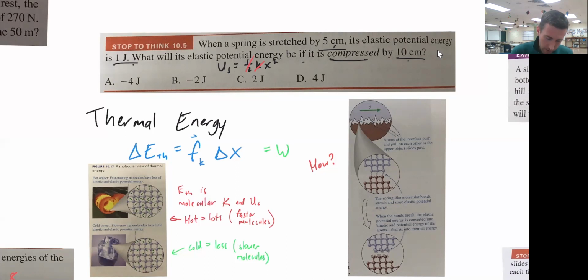It started with 1 joule, which was proportional to x squared, 5 squared. And now if I go to 10, 10 is twice 5. So that went times 2. So times 2 squared would be 4 times more potential energy. So I should end up with 4 joules of potential energy